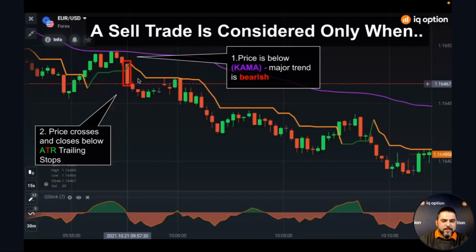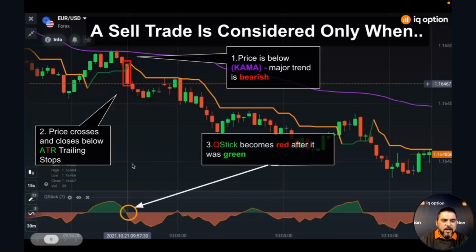That's the candle where the alarm should be ringing at this moment, that, oh, there's a good opportunity coming here. Price is below the comma, signal 1. ATR is crossing through the line, signal 2. So now we should start to look down here at the third part, which is the QStick. And this one as well. This one